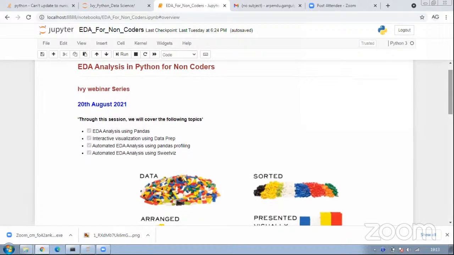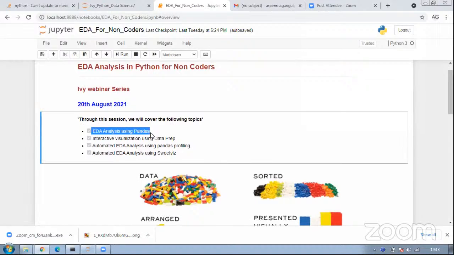Coming to this session, we will be doing EDA analysis using Pandas. Pandas is a library. A library is basically a module that we have in Python, and it does a lot of things.